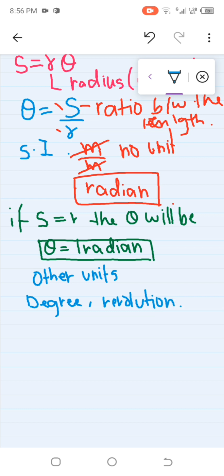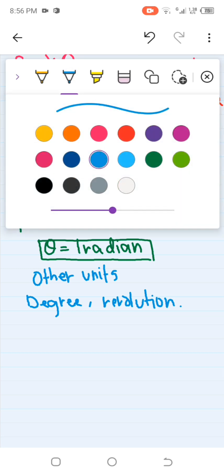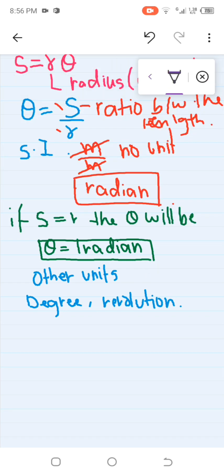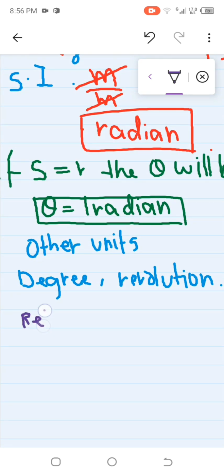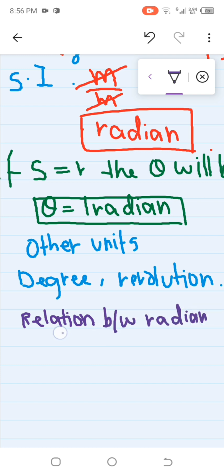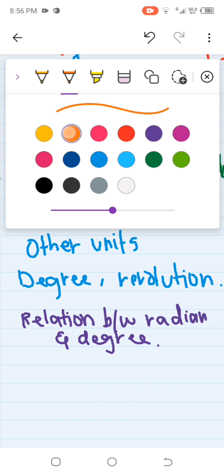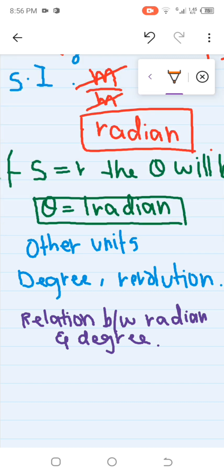Now if we are going to find out the relationship between the radian and degree. Okay, for finding the relationship between radian and degree, we have what? First we know that for complete one revolution, for complete